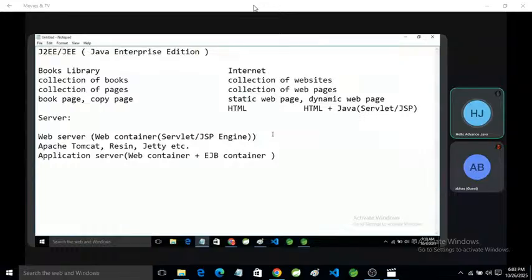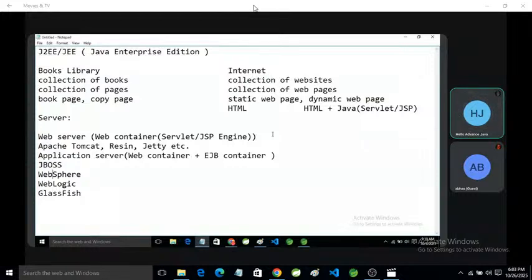And application servers like JBoss, WebSphere, WebLogic, Glassfish.